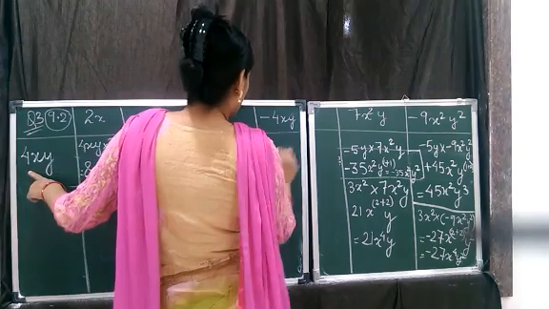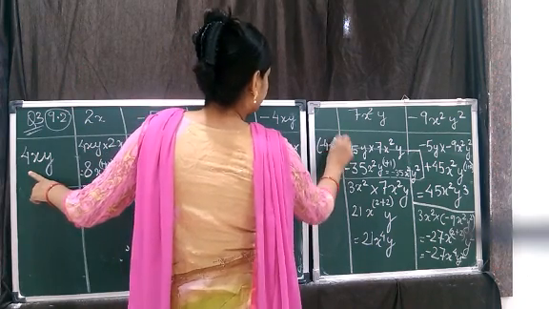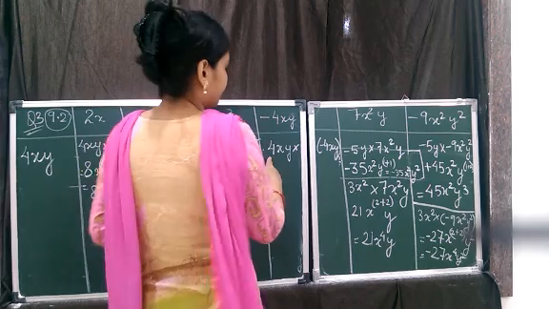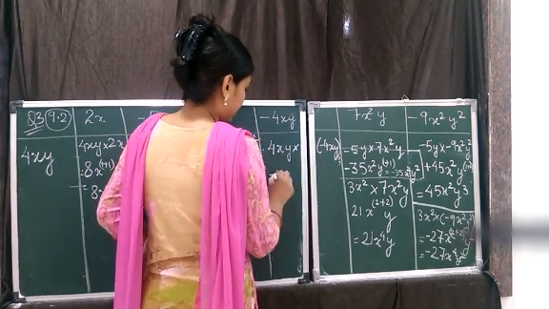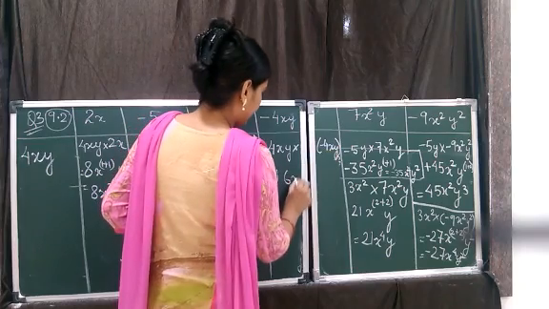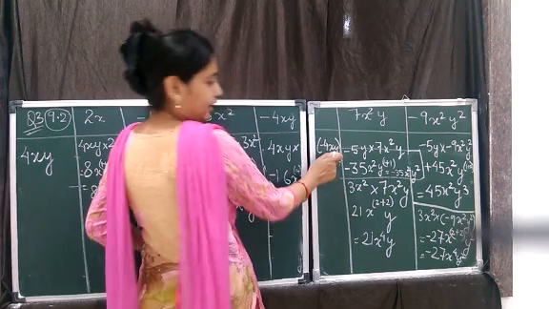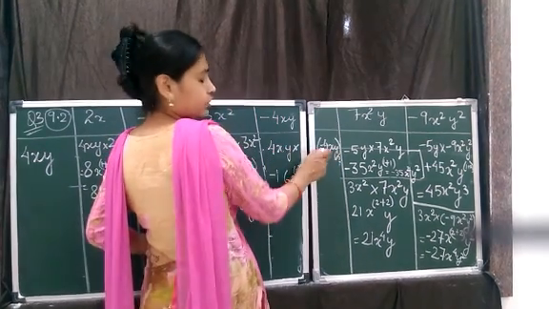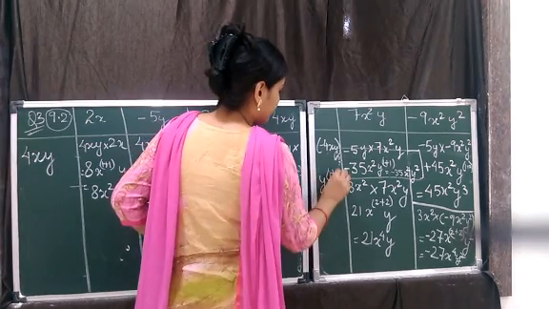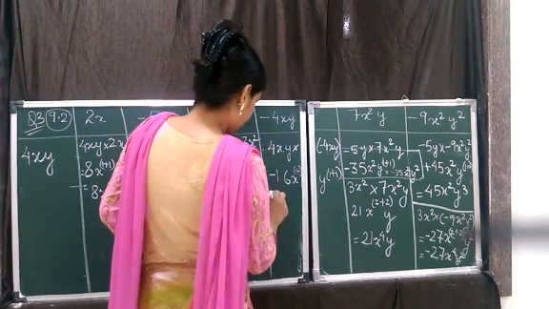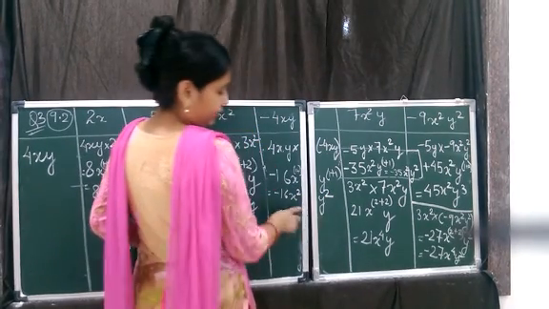Then 4xy into minus 4xy. It will be multiplied. 4 4s are 16, plus minus. Power of x will be added. So it is 1 plus 1. Okay. And power of y also will be added. Why? Because x is also common and y is also common. So the power of y will also be added. 1 plus 1. So this is minus 16 x square and y square. Y I have written here. Okay.